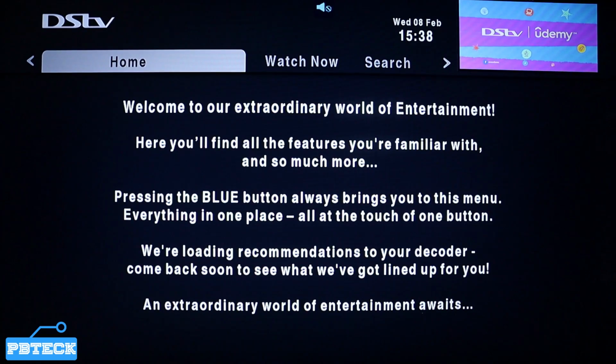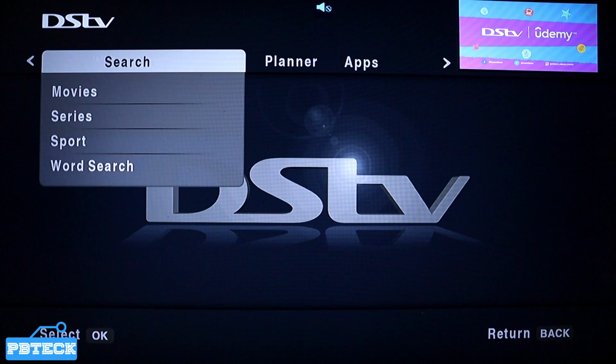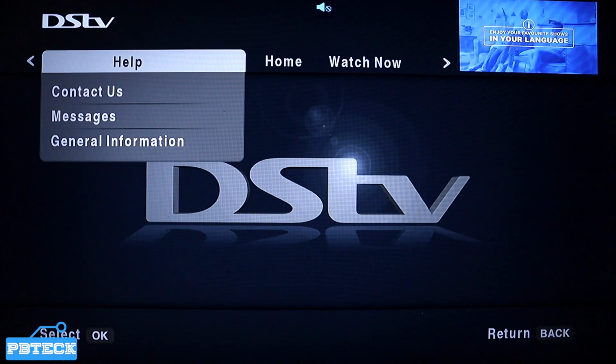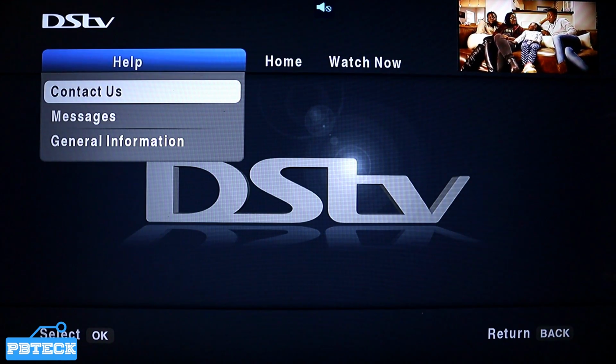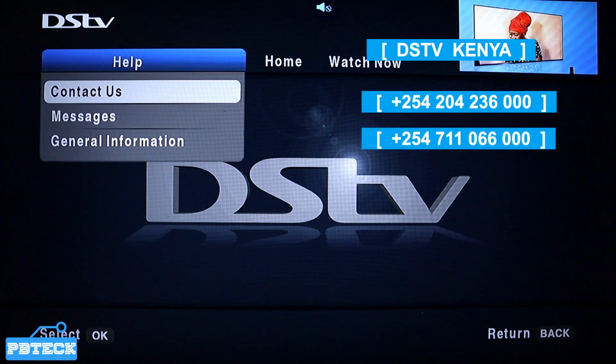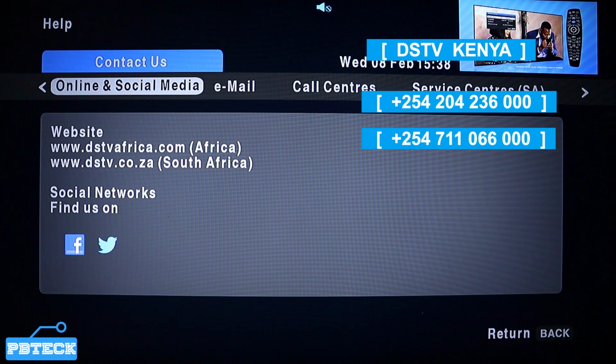So when you come to the menu right here, use the arrow left and right keys and look for help. When you find help, come down to the first option, which is contact us over here. Press OK on it, and on this page use the arrow left and right keys and put it on the